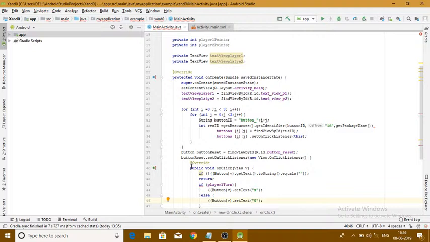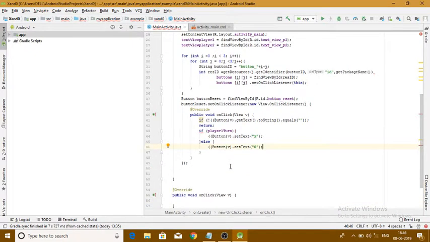If the button that was clicked contains even x or o, then it will be okay. And if it is already being used, or if the button has already been clicked on, there is already an x on the screen, then it will be of no use. It is already considered in this loop. Okay, for this we use this loop. This will also not take care of changing the text. Okay, then we'll set